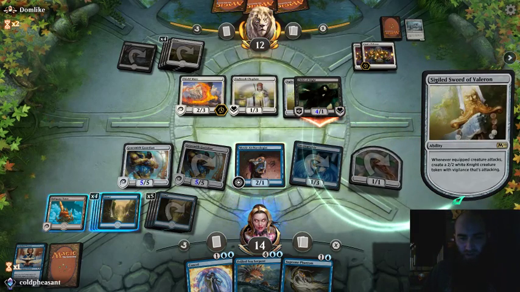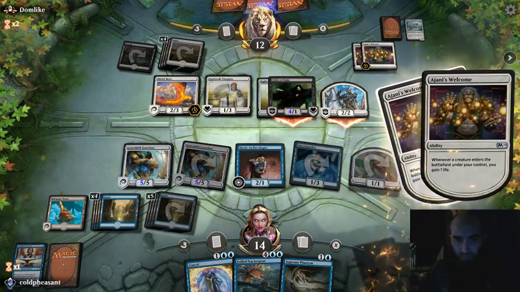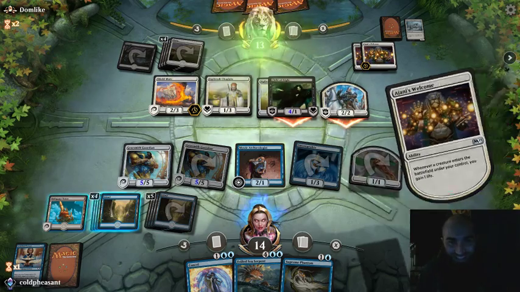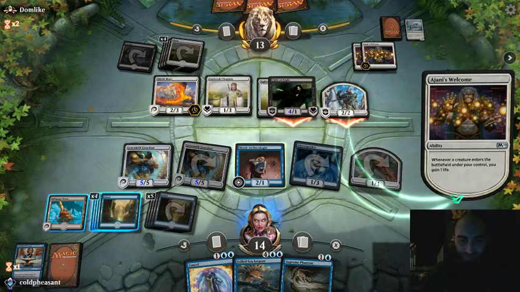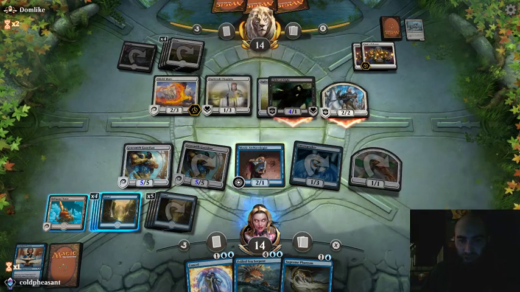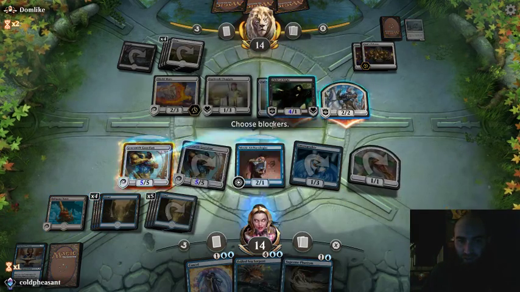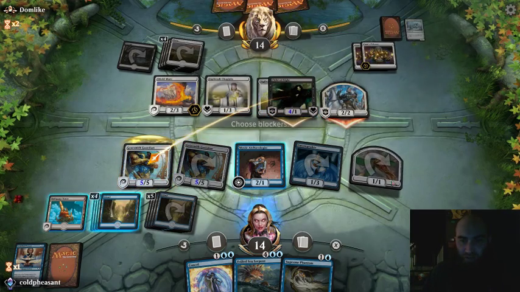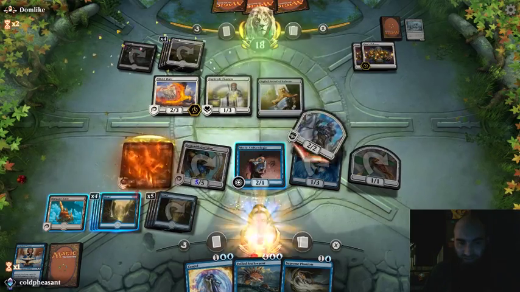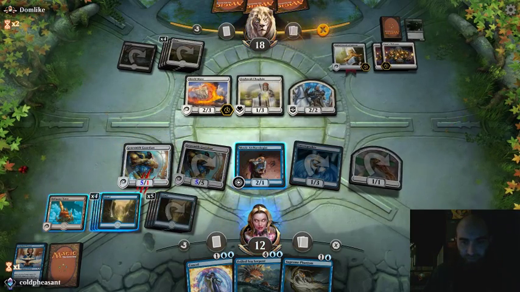Alright, we'll resolve that. Though he's also going to hit me for 2. That's pretty good. That card, man, is brutal. Alright, we're going to resolve the Ajani's Welcome. Then we're going to block the lifelinker. I'm going to take 2 damage from this thing. Ugh. Not fun. Alright, at the end of his turn I'm going to draw 2 cards, and I need to